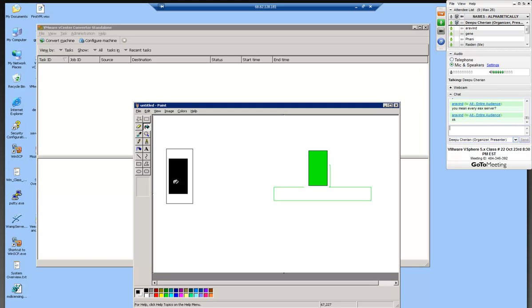So let us say you have an HP server like this. You want to convert it, but you cannot convert it while the actual server is running. So first you shut down this server. Then you put this boot converter CD in this server and restart it so that it boots from this CD, and you will get a screen that walks you through the process of converting that whole image into a VM. That requires a special license, but keep this in mind, that product is called VMware Converter